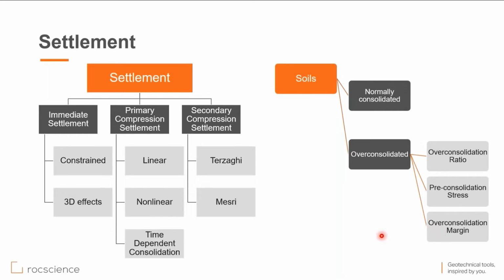Note that all soil properties may vary with depth, and Settle3 allows you to change your properties through the depth. So anything you want, for example the modulus, the over-consolidation ratio, the pre-consolidation stress, the Cc parameter or mv parameter, you can change with depth. So you have a depth-dependent function you can apply,